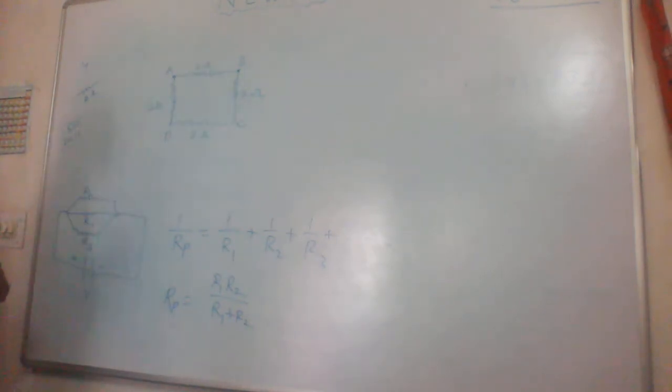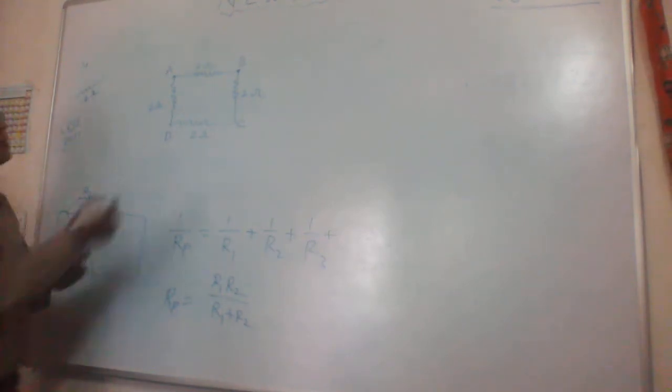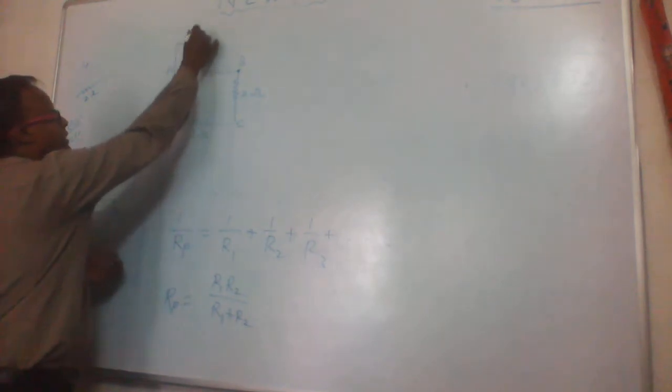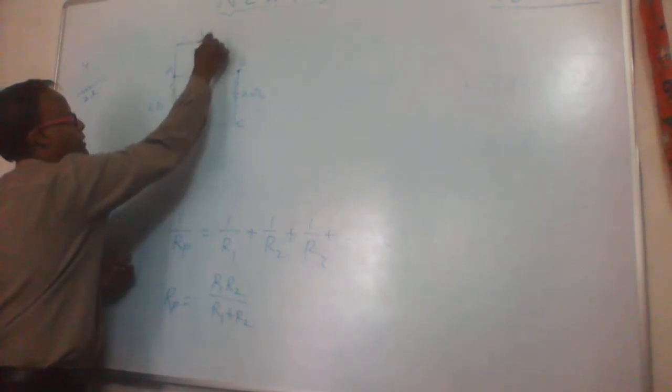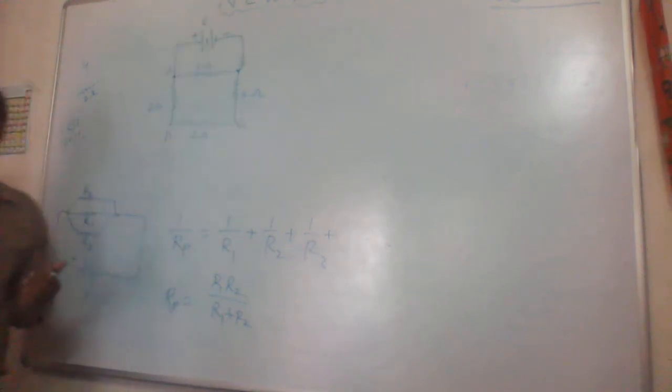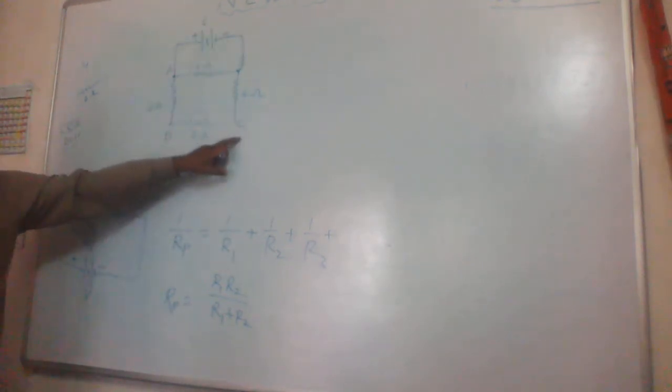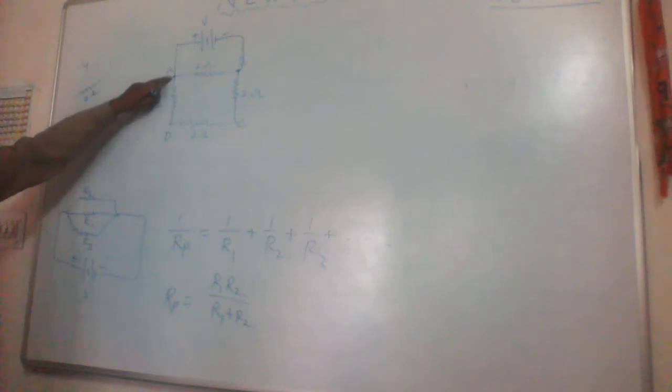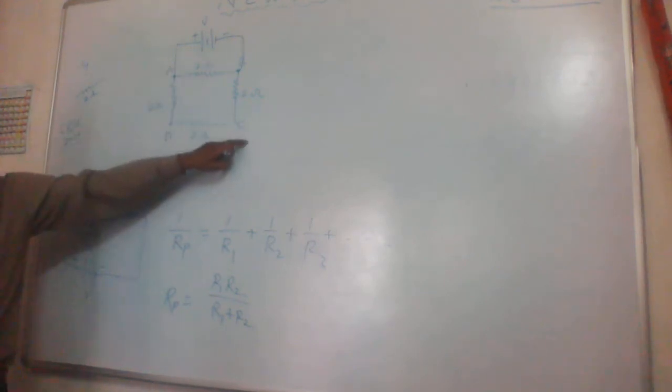It means if you connect it, here we do not necessarily connect it because we are not interested in calculating I. But if we are interested in calculating I also, then we need a battery. In this situation, the battery will be connected between it. This is an extra point, I say it is B. But in the case of opposite corners, we connect the battery between A and C.